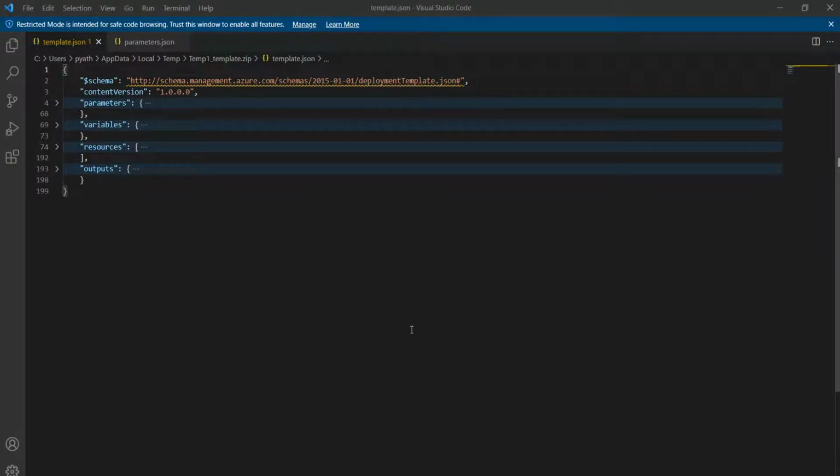Yeah, so once you download the template, you will have the template.json file and parameters.json. Okay, so once I open the template, it has